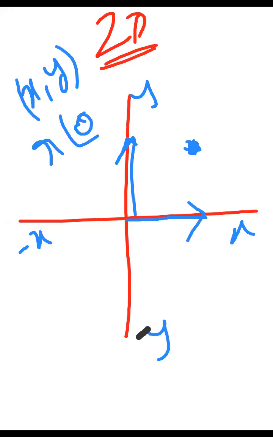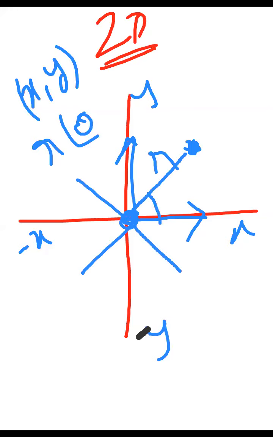Now, to reach this point in another way, from the center point I have to go some radial distance of r. Radially I am going, but I don't know which direction I want to go, because this is also r from the center point, this is also r, this is also r. So I should know some angle. From the x-axis, at what angle that particular point is there. So from the x-axis, at the angle of theta, that is the r comma theta value. You can go anywhere with the help of this r comma theta.